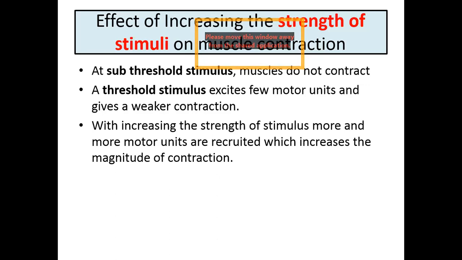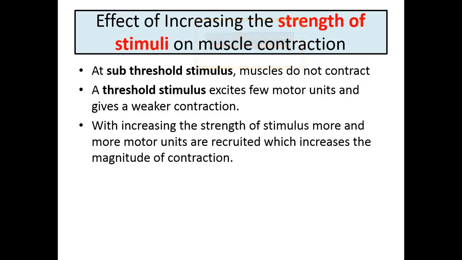So if you take an example, if you want to lift a weight of 5 kg or 10 kg, you are using the same hand, your same muscles are contracting, and you can lift both the weights, 5 kg or 10 kg. That is because of the recruitment of motor units. For 5 kg weight to lift, only few motor units are going to be activated, and for 10 kg weight, if you want to lift, more motor units are going to be recruited, and this will lead to a stronger contraction, and this is called as the